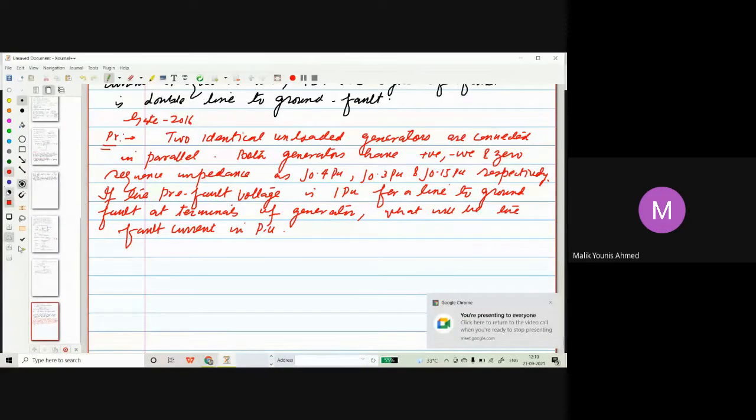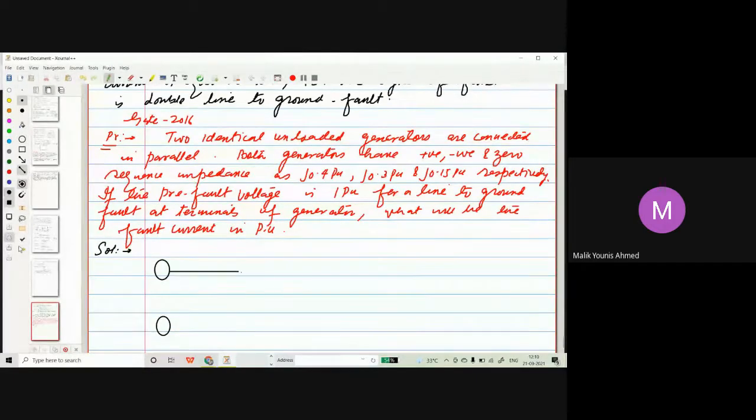शाबाश बेटा. सारे क्वेश्चन हमने किए हैं. अभी आप बताओगे सर हमने तो पता ही नहीं है. क्या बोल रहा है? Two identical unloaded generators are connected in parallel. पहले तो अनलोडेड जनरेटर्स हैं. बनाइए आप जनरेटर. अनलोडेड जनरेटर है कि नहीं? कैसे कनेक्टेड है? पैरेलल में कनेक्टेड है. वेरी सिंपल. ये पैरेलल में ऐसे कनेक्टेड है.